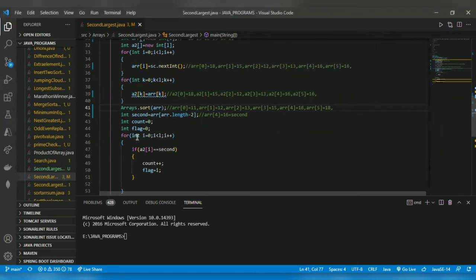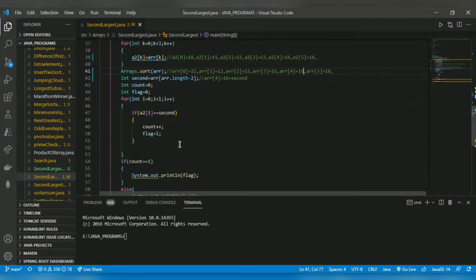It will iterate i equal to 0, which is 11. 11 is not equal to second. 12 is not equal to second. 13 is not equal to second. 15 is not equal to second. 16 is equal to second. So count will get incremented to 1. Count is 1 and flag is equal to i.